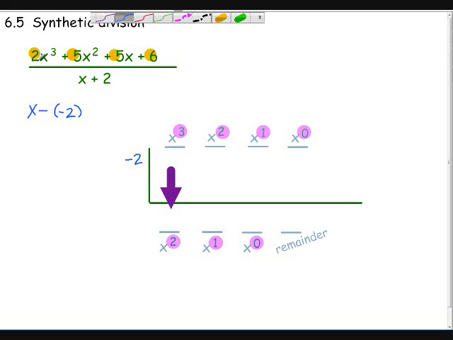Now I'm going to put these coefficients in. I've got a positive 2. I've got a positive 5, a positive 5, and a positive 6. Remember, we start the process once we've got our numbers written in. We start the process by bringing down our leading coefficient, 2. Multiply it by the divisor, negative 4. Add,